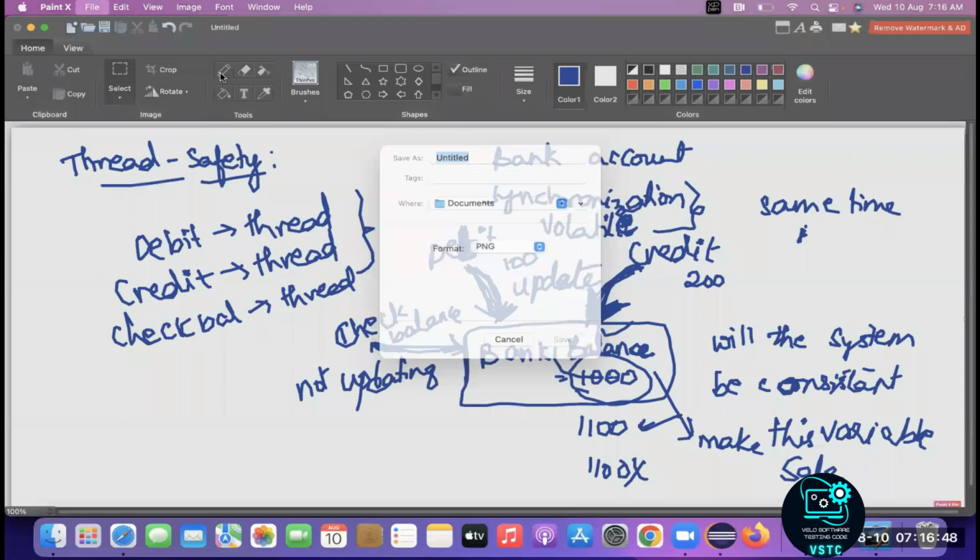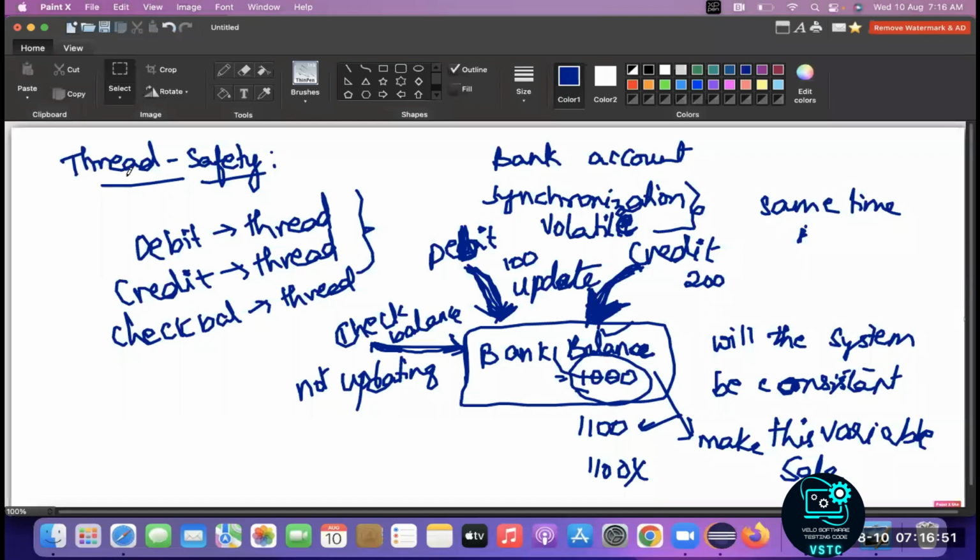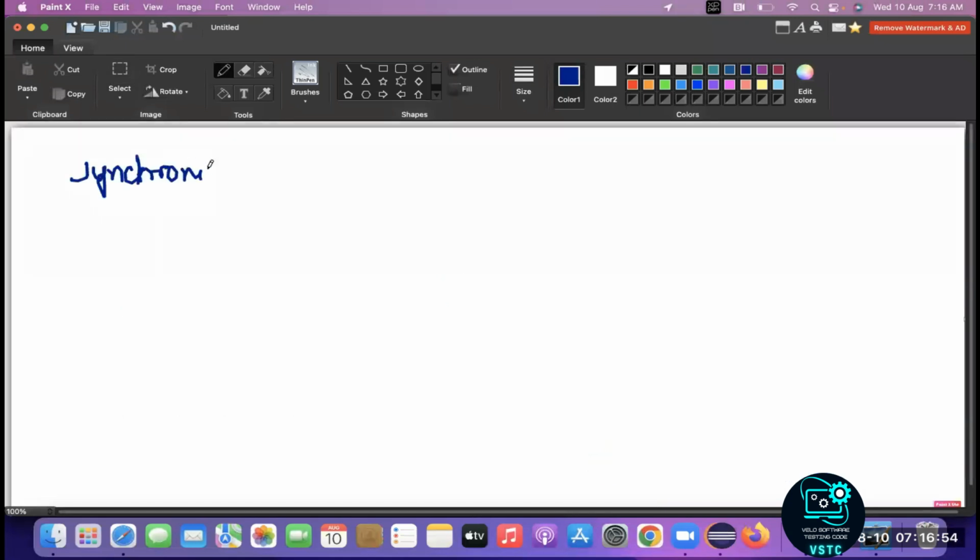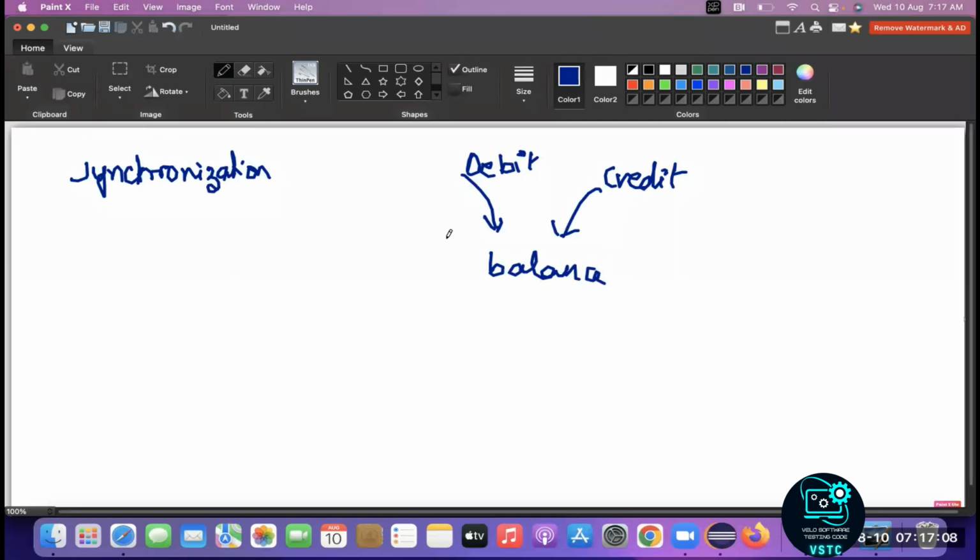What is synchronization in thread safety? Suppose debit and credit are trying to access balance at the same time. Now if I define this variable as synchronized, which is a keyword in Java. If I use this keyword for this variable, suppose the initial value is 1000. If I use this keyword synchronized, these two came at the same time, exactly